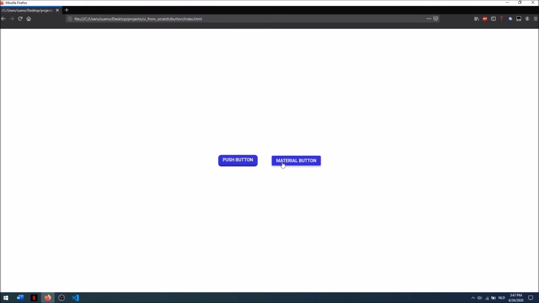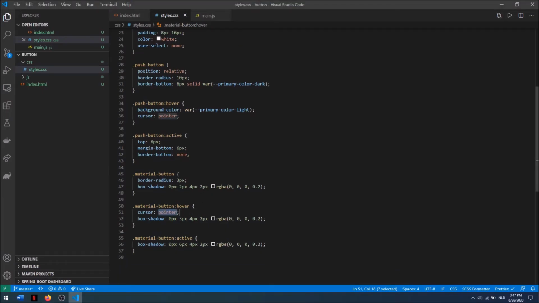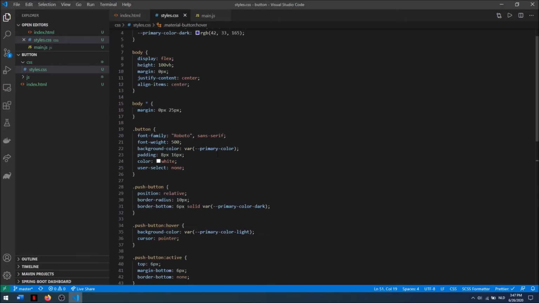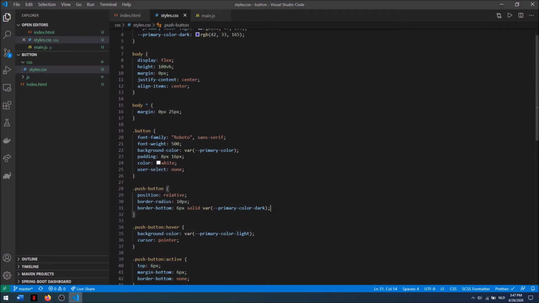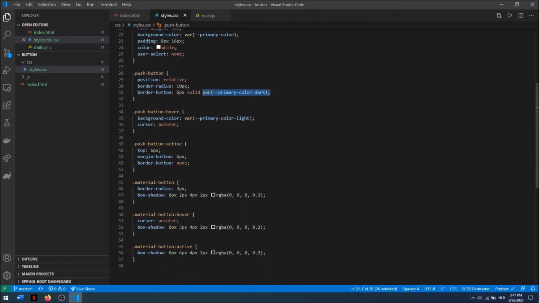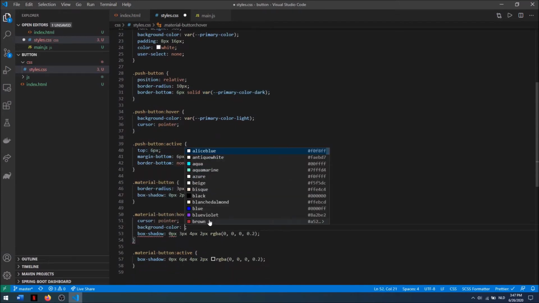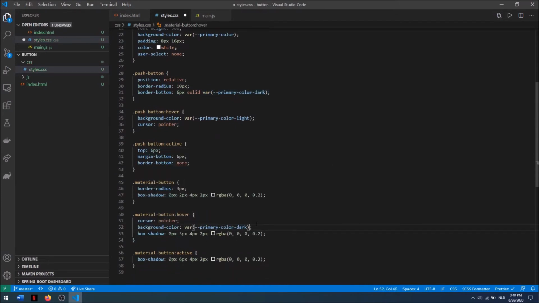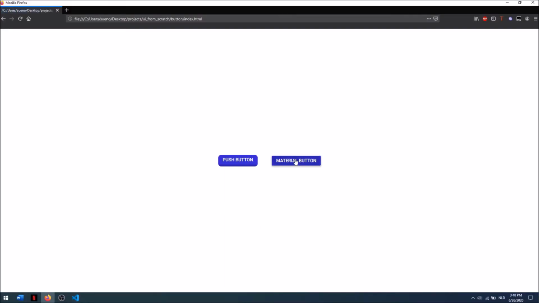The next thing we are going to apply to it is the ripple effect, which will be done in JavaScript. So before I'm going to apply the ripple, I'm first going to add the background color on the hover. So I want it to be a little bit darker, just like with the push button. And I'm going to say background-color and then primary color dark, and then save it. And if you refresh the page, we will see that the material button now gets darker when we hover over